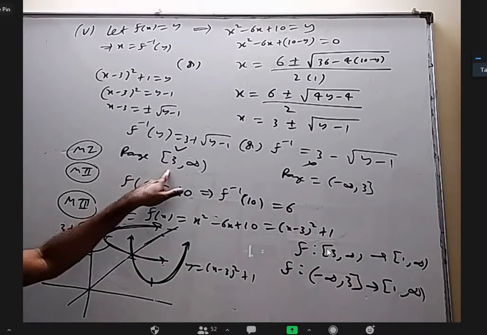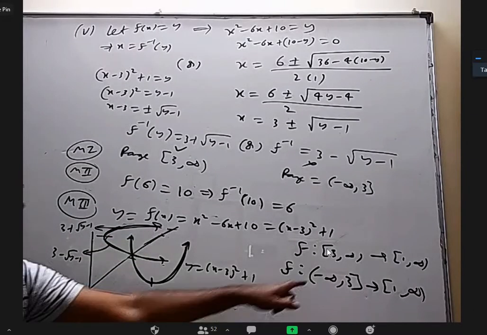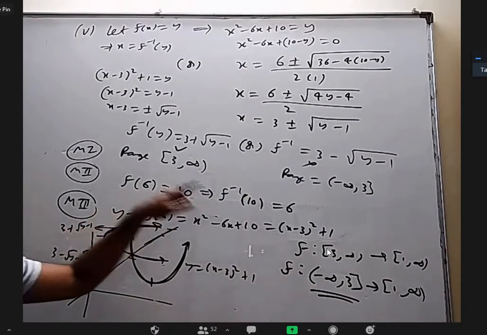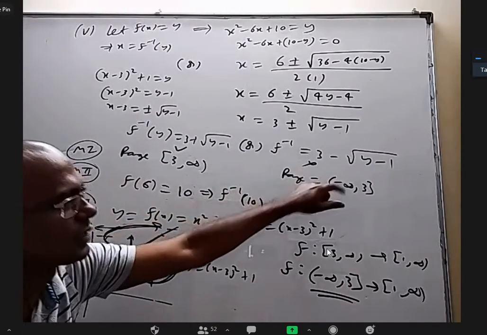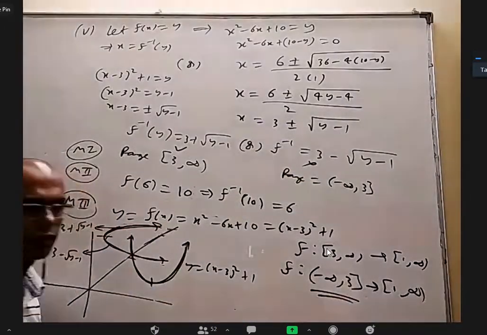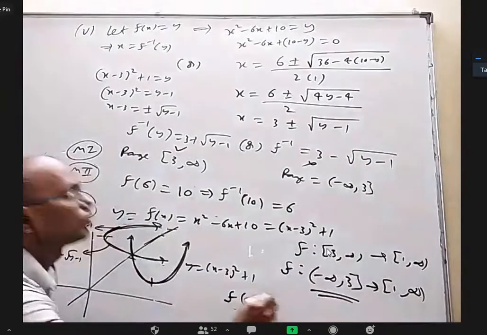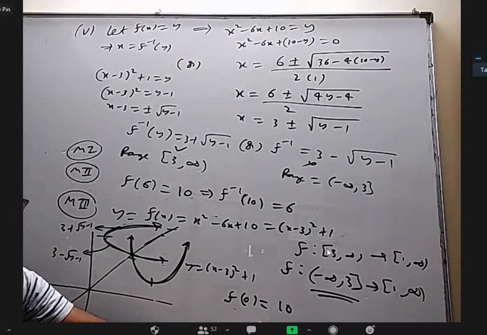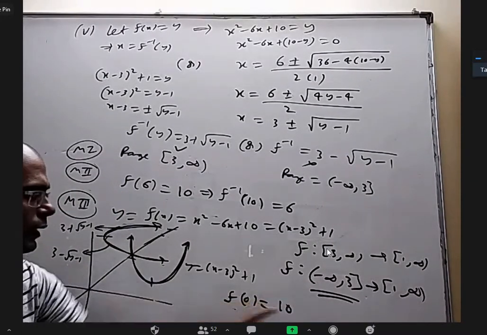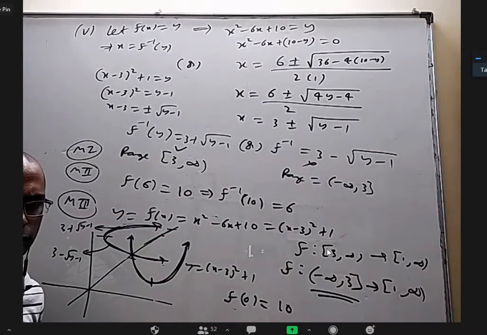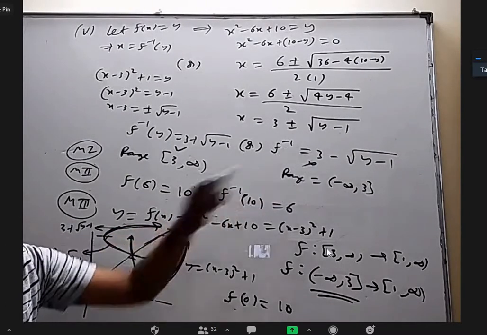One way I want to do with an example. Yes, you can do it with an example. I want the domain to be minus infinity to 3, so here the range should be minus infinity to 3. 3 plus is more than 3, 3 minus is less than 3. That's why I should accept that. Or take a number between minus infinity and 3, for example, 0. f of 0, what is the answer according to x square minus 6x plus 10? It is 10. If f of 0 is 10, according to this new function, f inverse of 10 should be 0. If you put 10 here, which will give 0? The second one. So that's why you have to take the second.